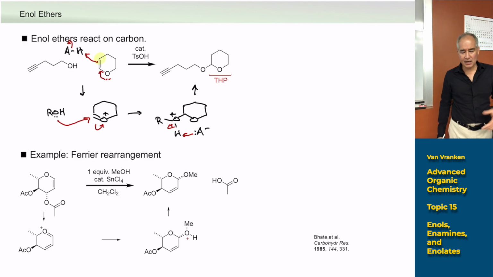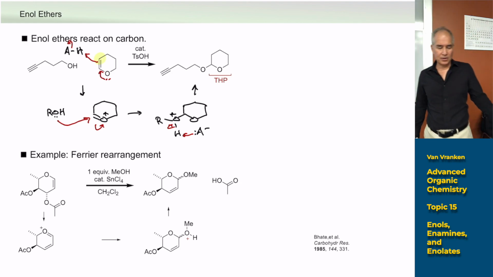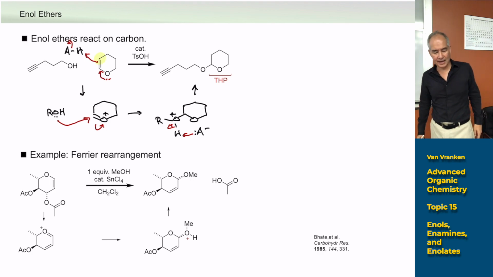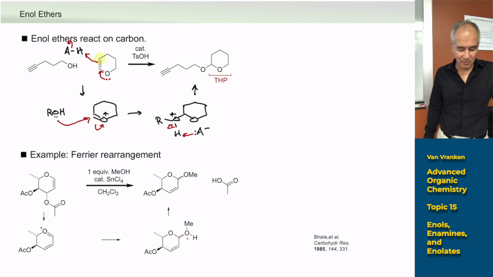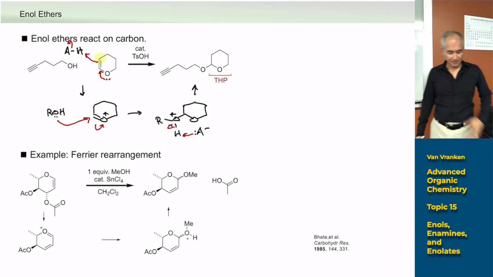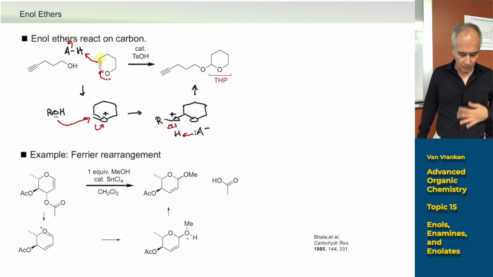So notice we use an enol ether. And again, an enol ether, you can isolate, you can buy a bottle of that enol ether. It's not like enols, which are in equilibrium with the keto form. There's no keto compounds in that bottle of dihydropyran that you buy from the chemical supplier. Okay, let's take a look at another example of